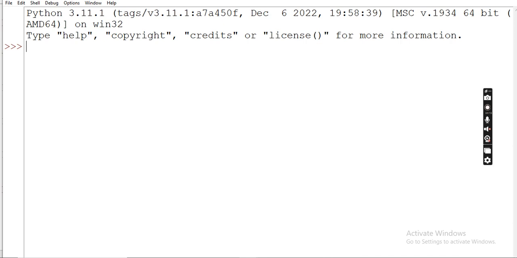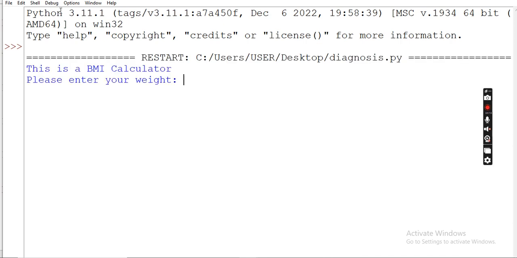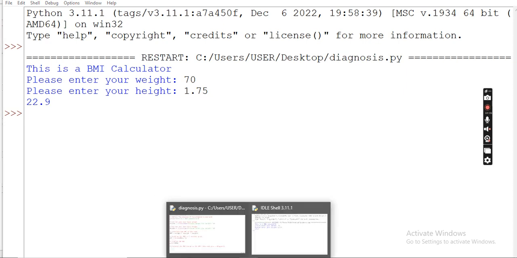Let's close this and run again. Okay, so enter your weight. I will enter a weight of 70. Enter your height, 1.75, and it gives me a BMI of 22.9. However, there is no diagnosis, so let's program the BMI table